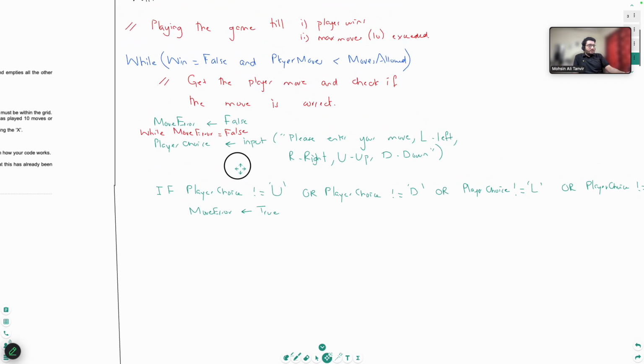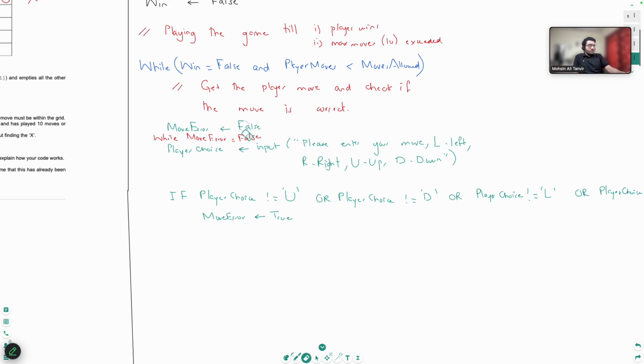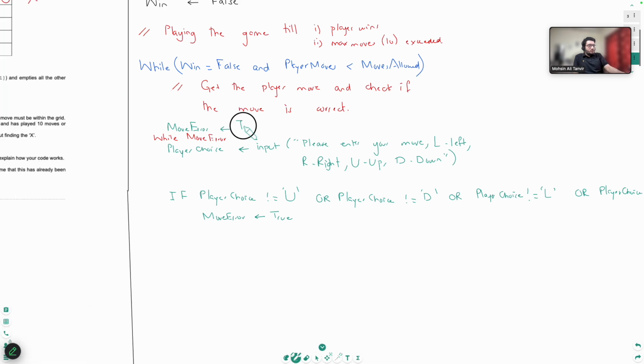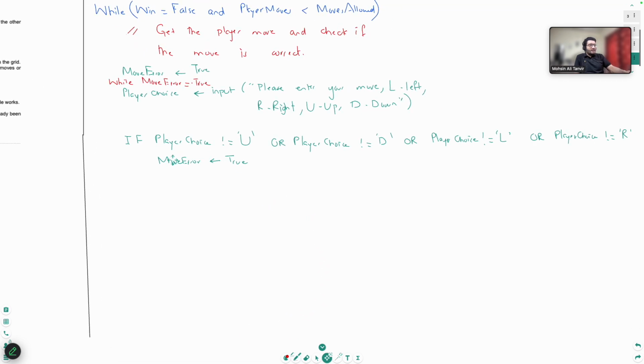In fact, I should also change this. I should keep this as true in the beginning, and I'm going to say while move error equals true. Why? Because if move error is true, it means he's made a mistake, and if he's made a mistake, I want to keep asking for user input. So over here, if it's not equal to this, in those cases, of course, I'm going to keep move error equals true. Else,